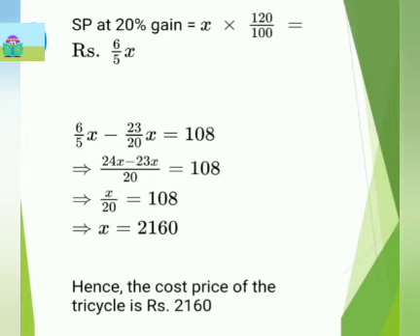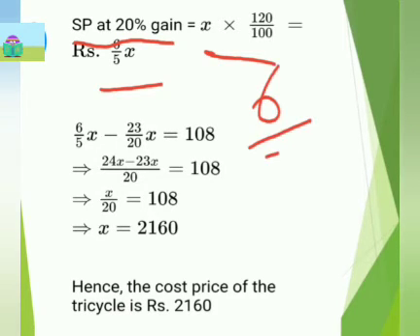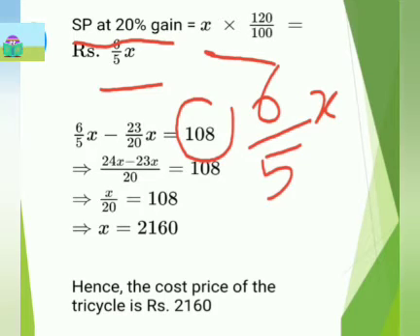Now according to the question, let us calculate the selling price at 20% gain. So that will be 120 upon 100 multiplied by x using the formula. Bring it into lowest terms. This will be equal to 6 upon 5 x. Now when the selling price is at 20%, from that when you subtract the selling price at 15%, that will give you the extra money that the shopkeeper is earning.